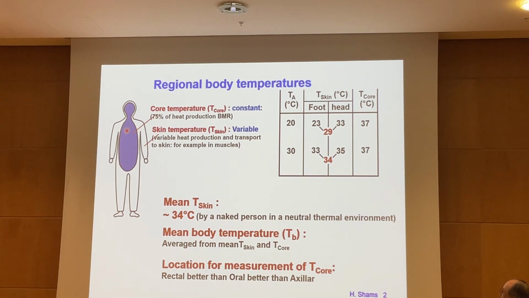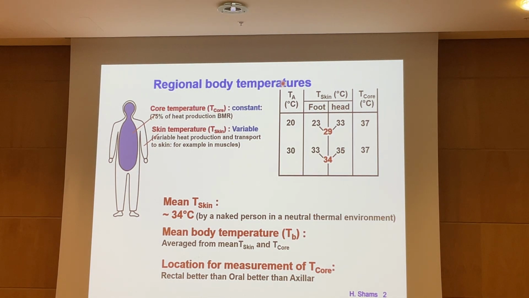But the peripheral part of the body, legs and arms and the skin, has variable temperature. The temperature that you measure on the skin depends on the ambient temperature. Ambient temperature means outside temperature. And also it depends on location. At what location you measure and by which ambient temperature you measure. So this peripheral part of the body has a variable temperature, as you see here, dependent on location and dependent